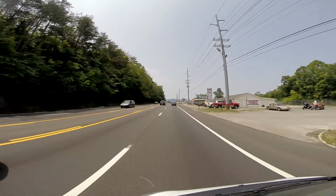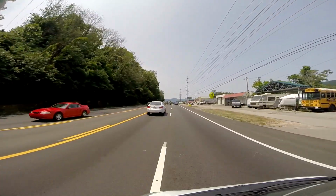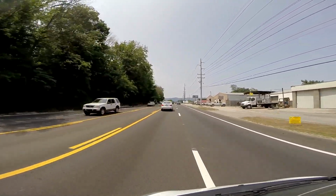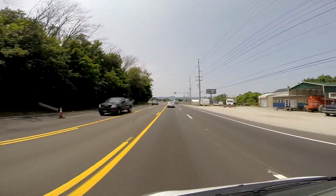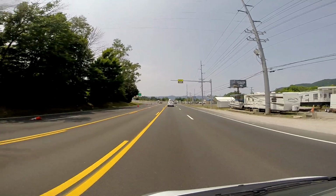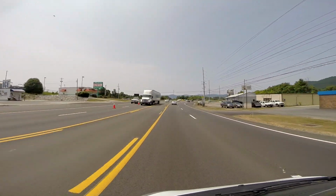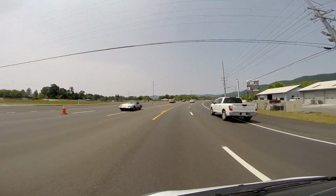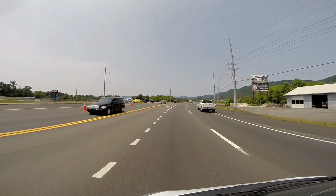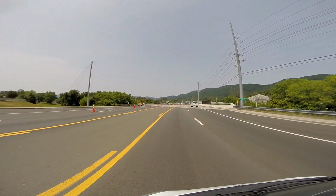We're on Highway 25W. When we get to the traffic light on the other side of the bridge, I'll cut left and go out Toe String Road. We came down this road when I started this video, and as I said before,